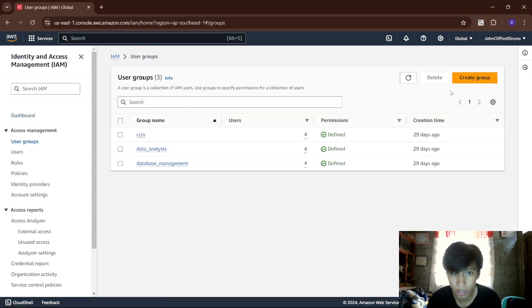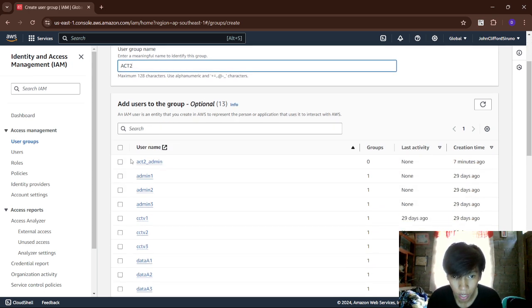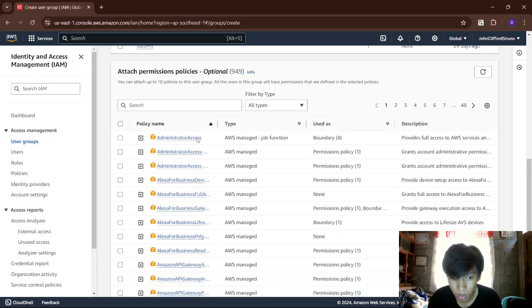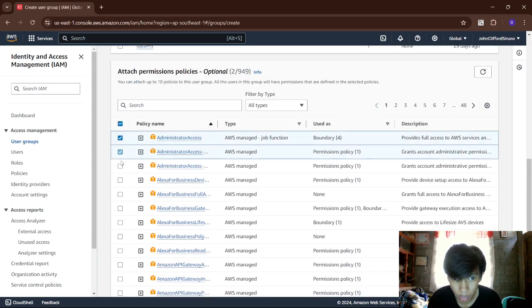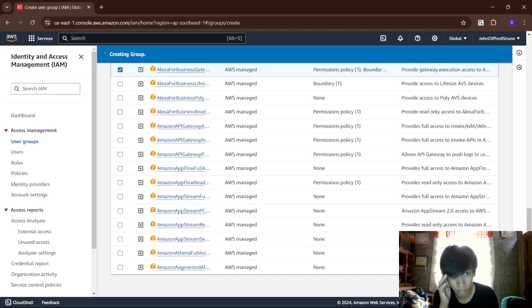To create user groups, just look for the create group and type a name for my group. Then we have to go to the policies and add some three or four policies, whatever you want, and then create.